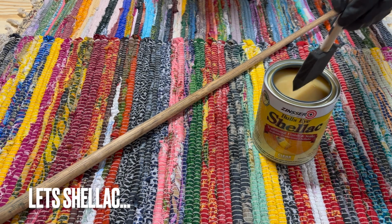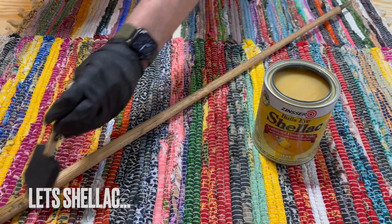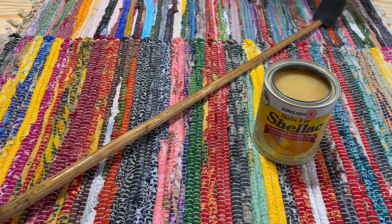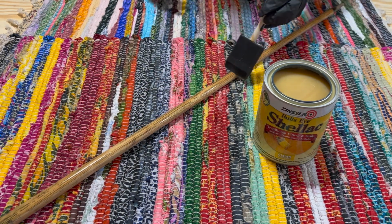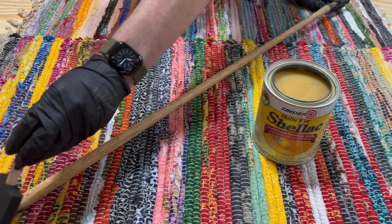In this video we're going to show you the shellac'ing process, and really it's a pretty simple process. We're going to take the foam brush, as you can see here, and put on 3 coats. I'm only going to show you one as it's basically watching shellac dry, but the process that I use is